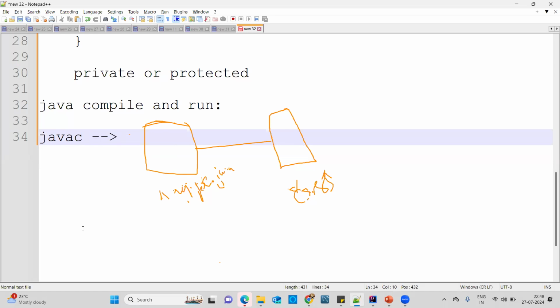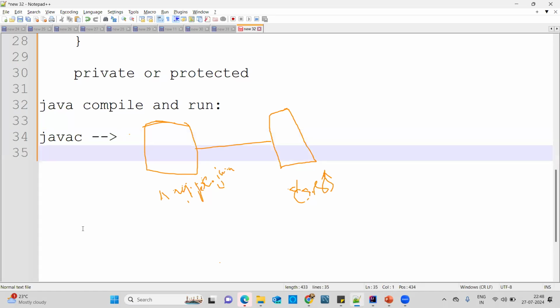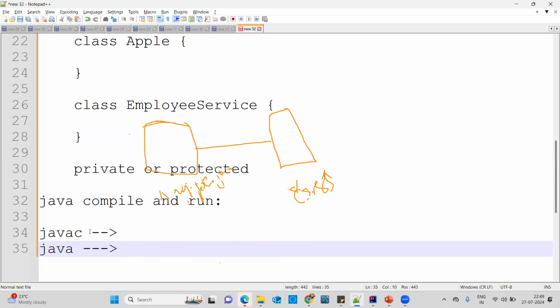So once we have compiled, how can we run, or execute, the class? To run the class, we have a command called java. We can use that command and we can run the class. Okay, we can run the class. So how can we do that? For example, if you see in the above